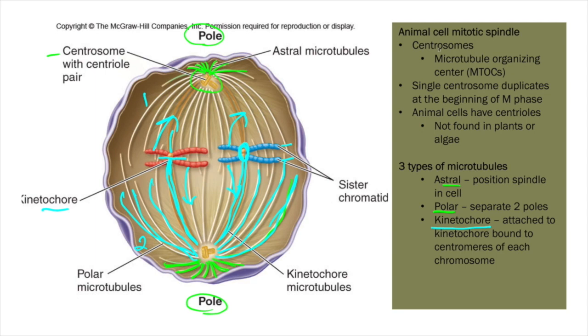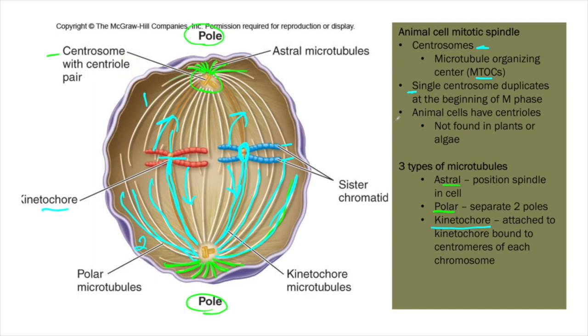So we have, of course, the centrosome. The centrosome is where these microtubules are coming from, and they are referred to as an MTOC, which stands for Microtubule Organizing Center. So that's what they do. The single centrosome will duplicate at the beginning of the M phase of the cell cycle. So as soon as we go from G2 into the mitotic phase of the cell cycle, those centrosomes are going